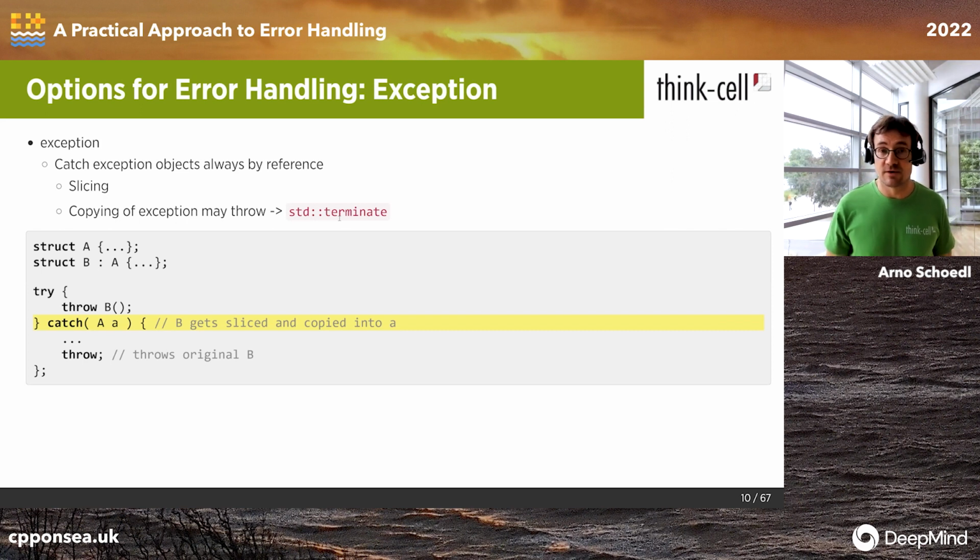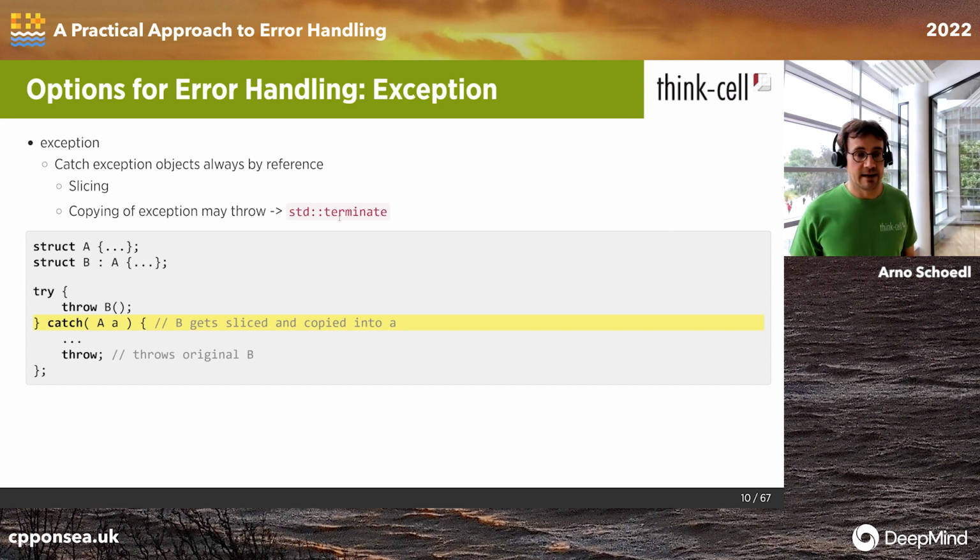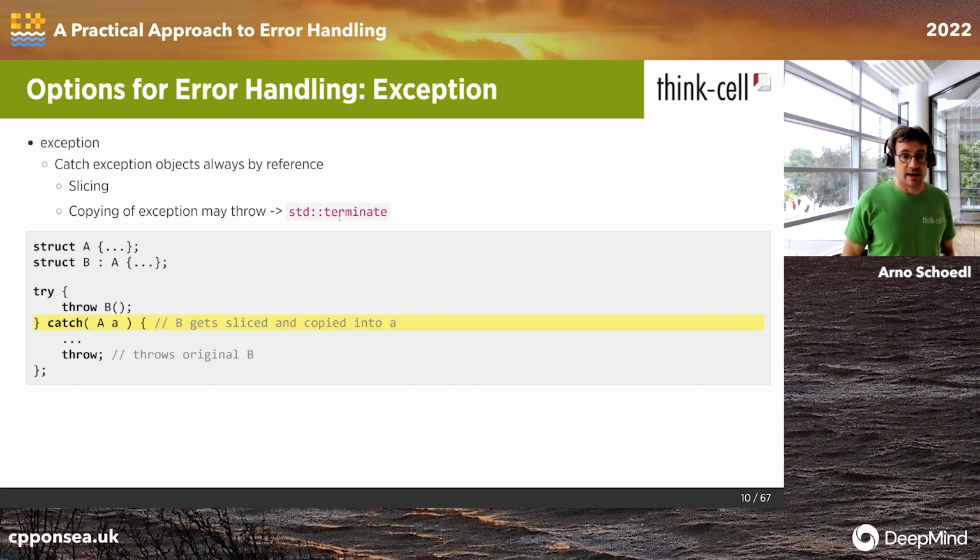That means that of this whole derived object, only a part gets copied into your value, and you slice off the rest of the object, which is usually not what you want. What's bad about that, in addition, is that when you copy something and it requires allocating memory, then if that allocation fails, you have a double throw, and that will cause the program to terminate. So it's probably better, really, to catch